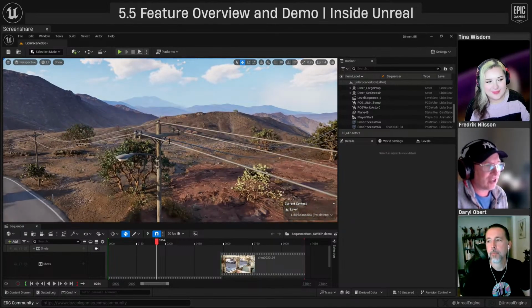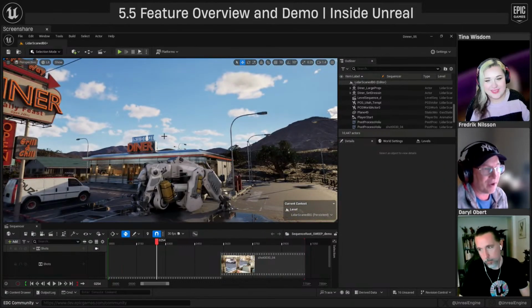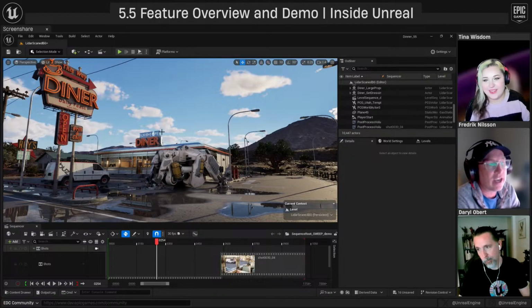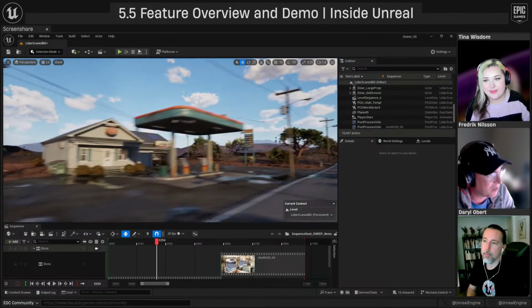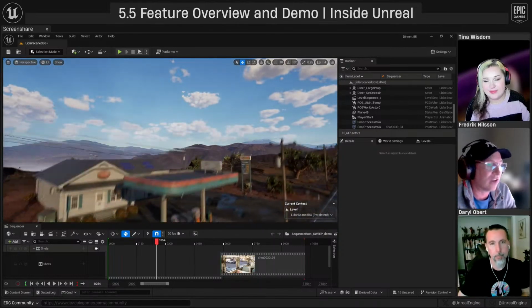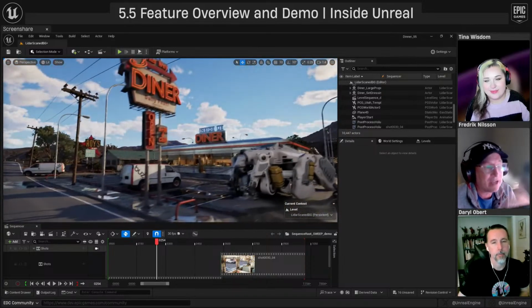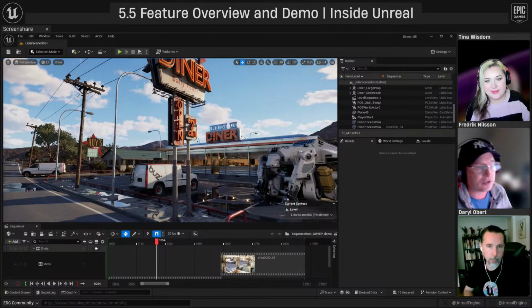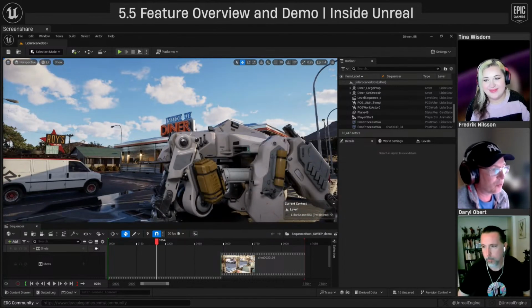Most of what you're seeing on screen, I just get stuff and bash it together. Like I said, I'm in marketing, so I'm just trying to make stuff look cool as fast as I possibly can, looking for that low-hanging fruit. A ton of assets came off of Marketplace: the diner, this little gas station, as well as the actual terrain. All of that was Marketplace assets that I grabbed. I modified them a little bit to make them all fit the vibe of the scene I wanted, which was a desert Route 66 environment with giant mech warriors and super cool vans.